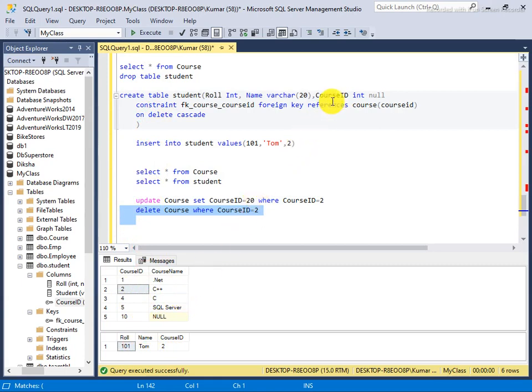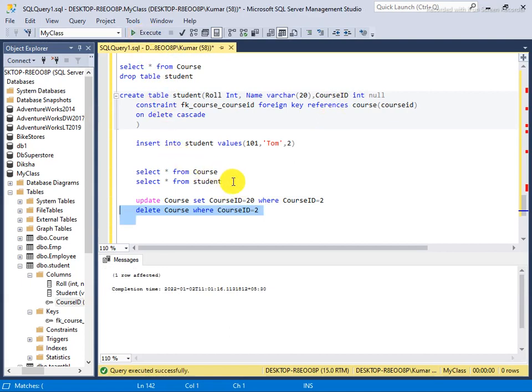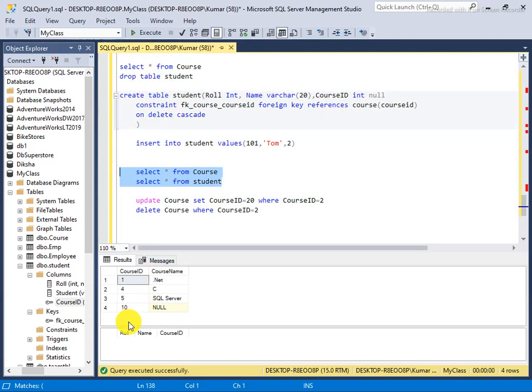So I said course ID is null. See what happened, I deleted and now I see here. Now if you delete it, it would be deleted itself from the record here, because you allowed having cascade. Okay, yeah,